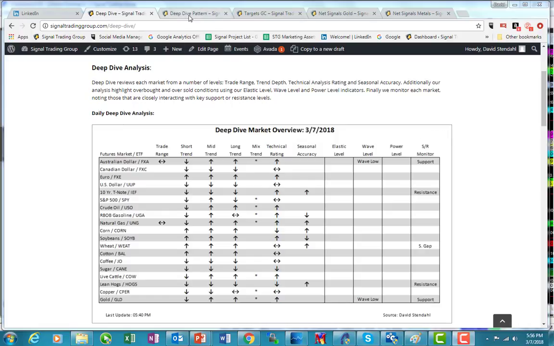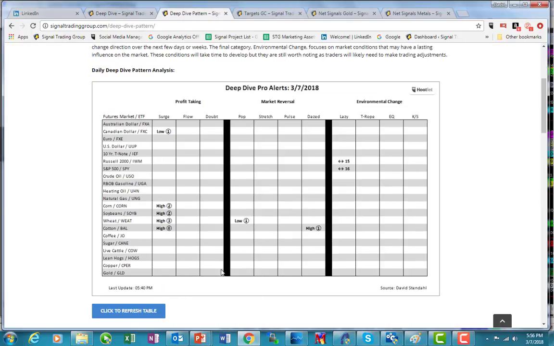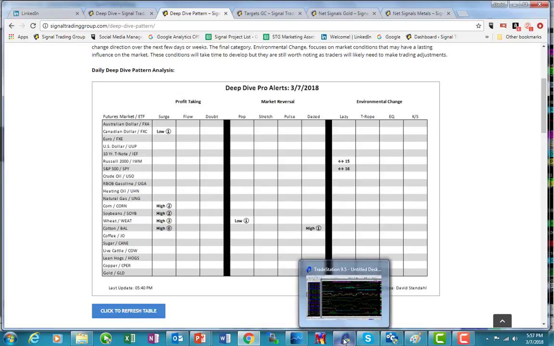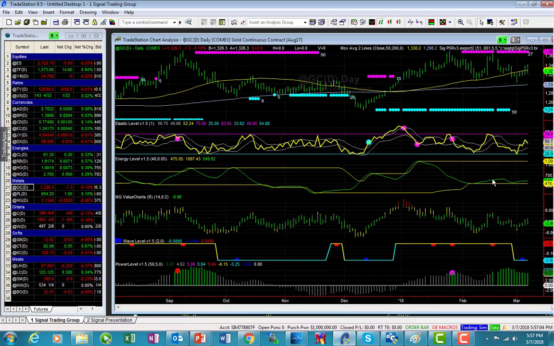The other thing I'm going to point out here is that there really is nothing popping up just recently when it comes to some of these pro alerts that we have for the market, but I'm going to show a couple that are not listed but will be listed on the website soon enough. So let's take a look at the market itself. And here is gold daily bars.